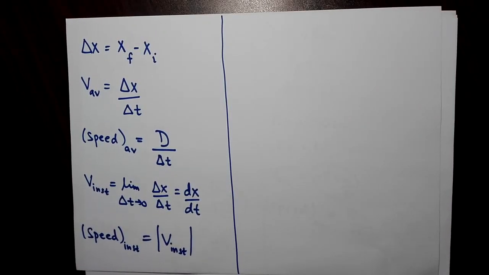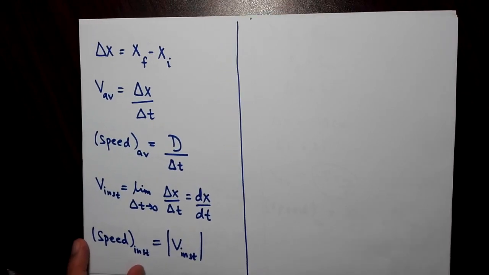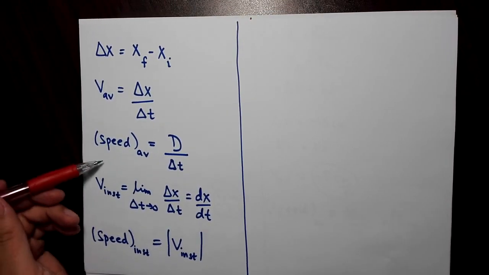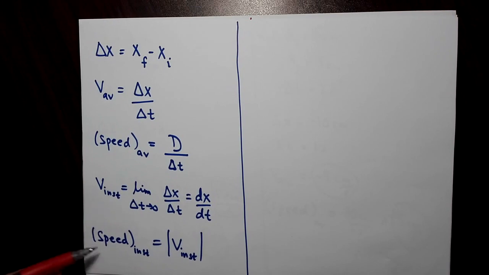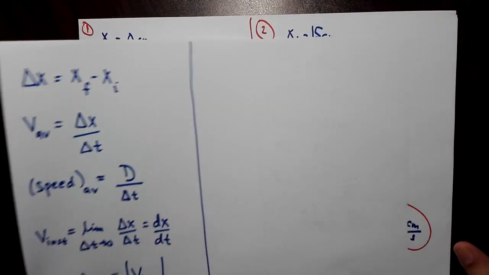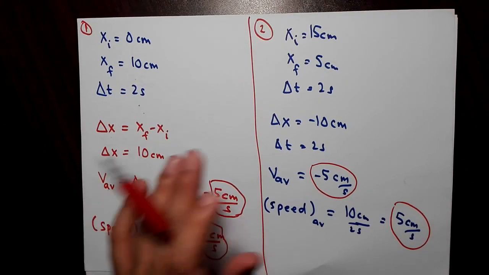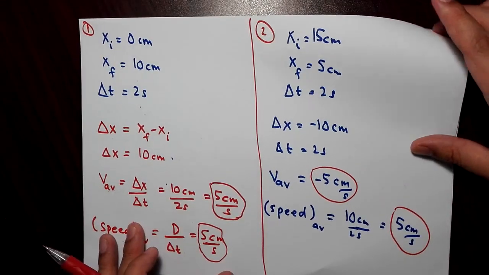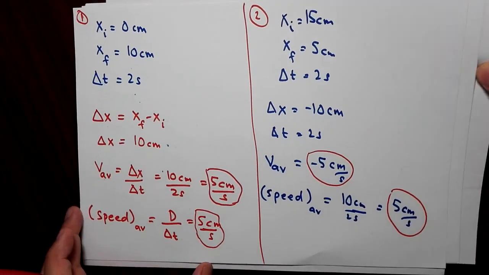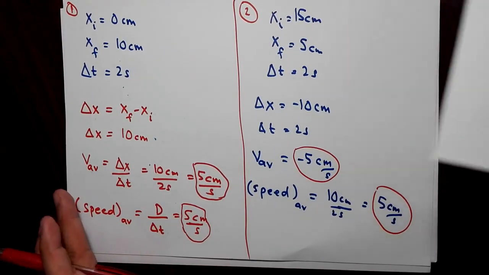Hey guys, so let's continue what we were discussing in the previous video. We were looking at displacement, average velocity, average speed, instantaneous velocity, and instantaneous speed. We looked at Thomas moving, so we looked at 3 examples. What I wanted to do now is to plot the position versus time and the velocity versus time graphs